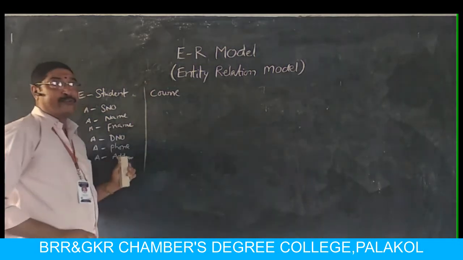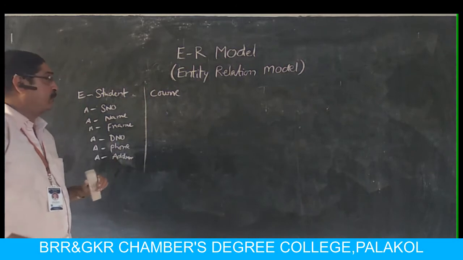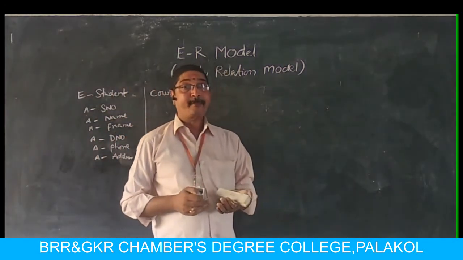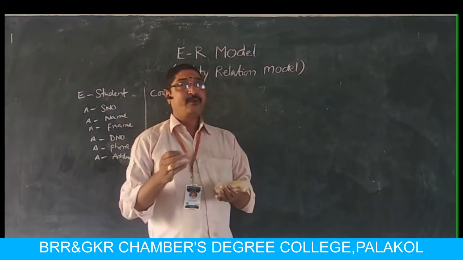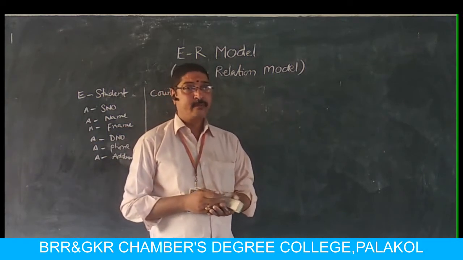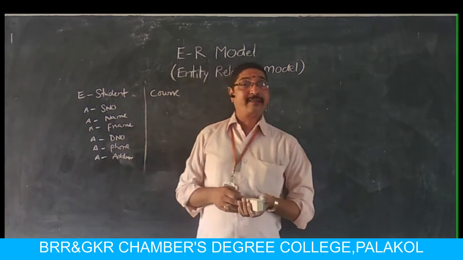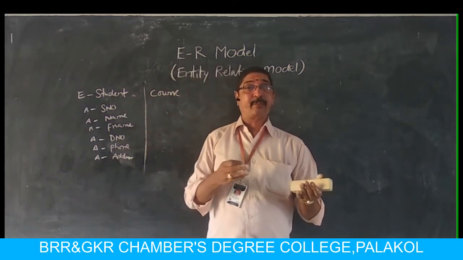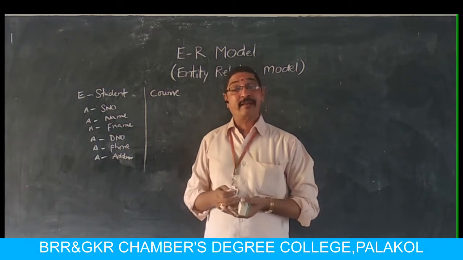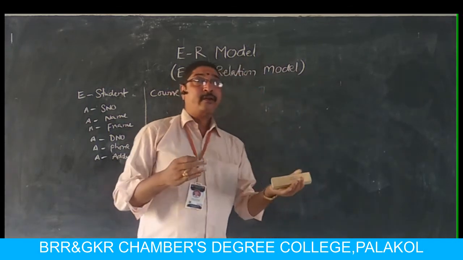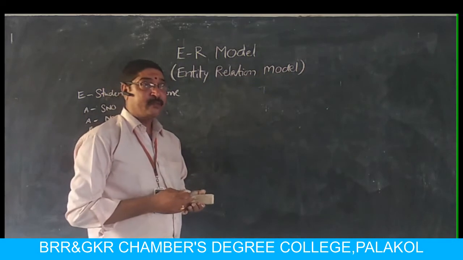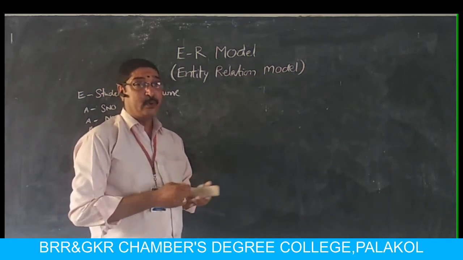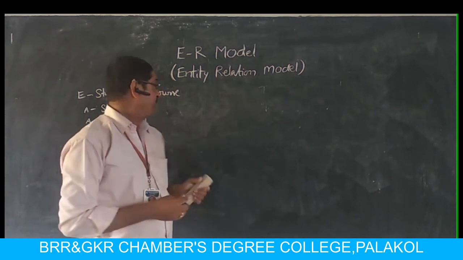And if you see course, what we have? Suppose how you can identify attributes of that particular entity. See, every course will have a course code. Every course will have a subject. For example, if you take BSc, you will have maths, physics, computers, or maths, physics, chemistry, like that. You will have subjects. So, course can have a course code. It will have subjects. It will have a number of intake approved, like that.